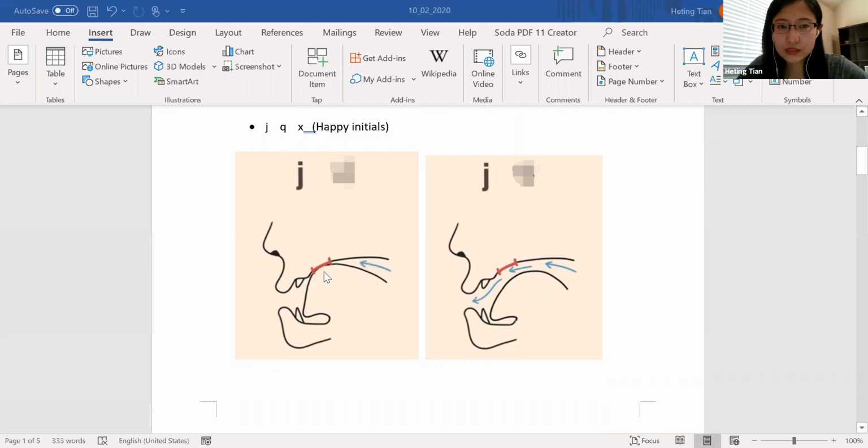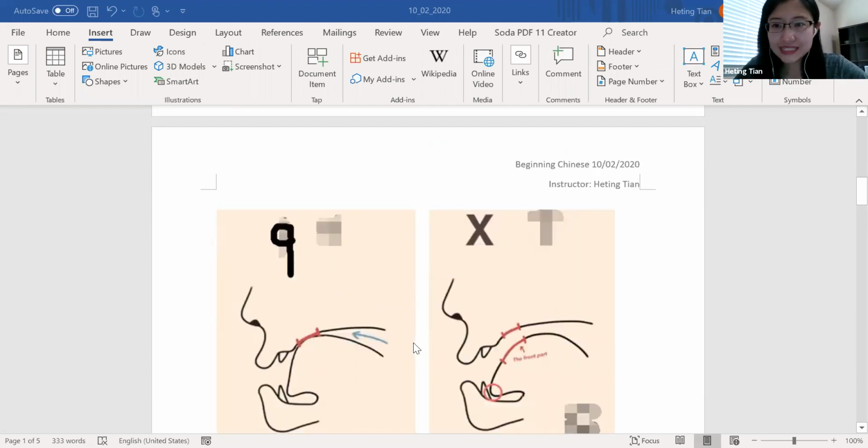First, when you pronounce ji, you need to block the air first. Use your tongue and touch here and block the air and then blow the air. So follow me. Block first. Okay. Ji. Ji, ji. Next one is